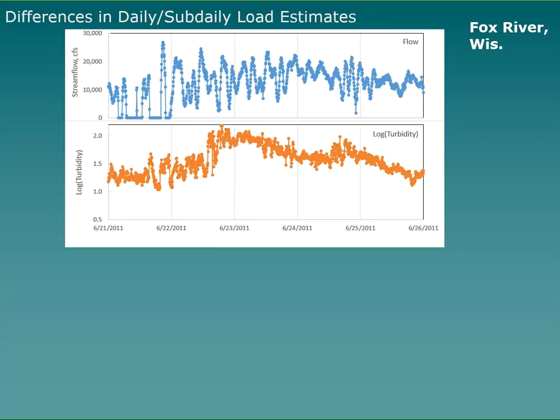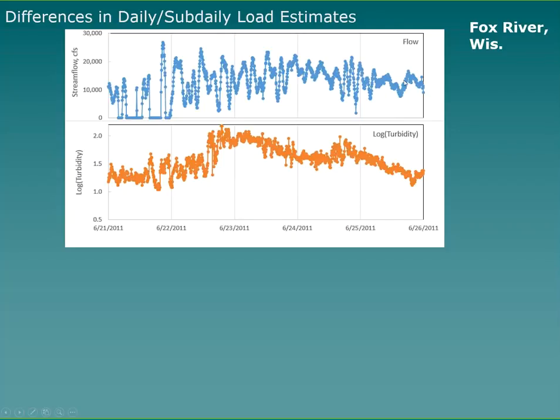What I thought I would do is show you the difference by using these 3 different models for something like the Fox River, since it was our most complicated site. What I'm showing you is what happened for 5 days in 2011. On top is flow, and you can see where it's bottoming out here. These were actually satias going through here, and after adjusting it, we set the value to a small positive value. During that time period, the flows were going from somewhere around 10,000 CFS up to maybe 15 to 20,000 CFS